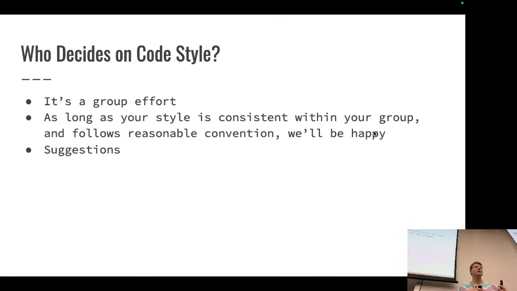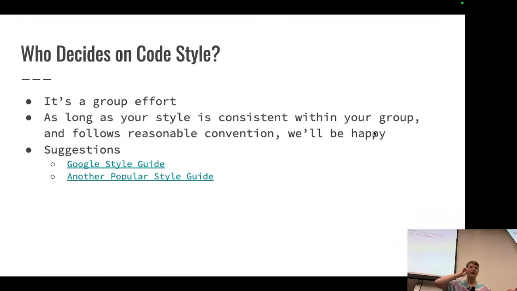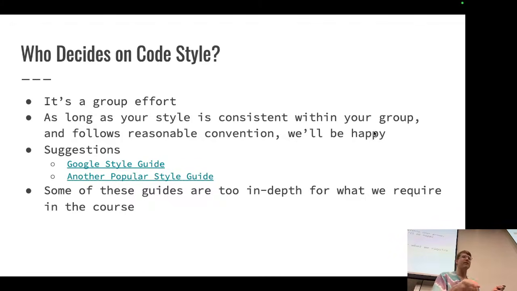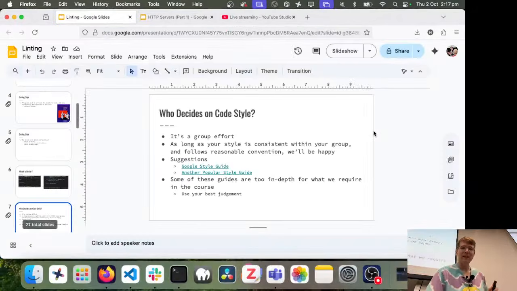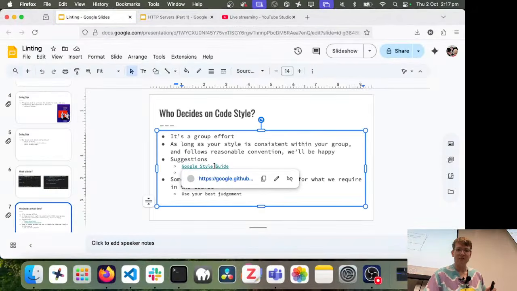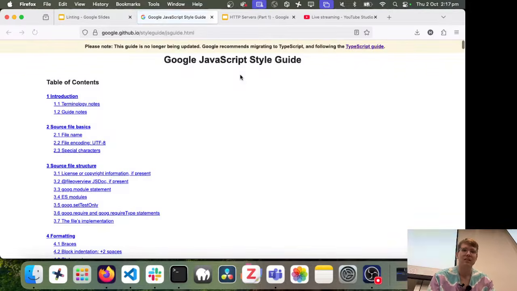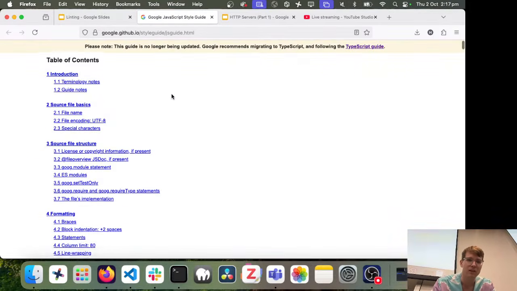If you do want to use a style guide, which maybe you should because style guides are good and make it a lot easier to back up why you're doing certain things, Google has a style guide specifically all about JavaScript, as do Atlassian. No, that's not Atlassian, different style guide. We'll quickly dive into one of these style guides, and I'll point out that you may not need to worry about everything in them. So if I go to the Google JavaScript style guide,